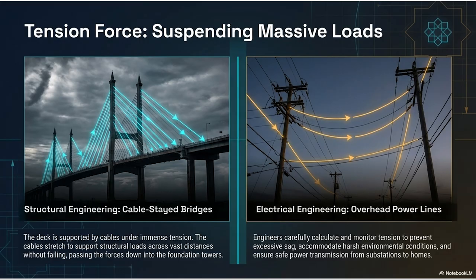Wow. If the starting tension was too high, the line will literally snap under the strain. Engineers must constantly calculate and monitor these tension tolerances to ensure safe power transmission through all weather extremes. They are literally balancing the slack and the stretch on a tightrope. It's wild. Okay, so that is stretching.